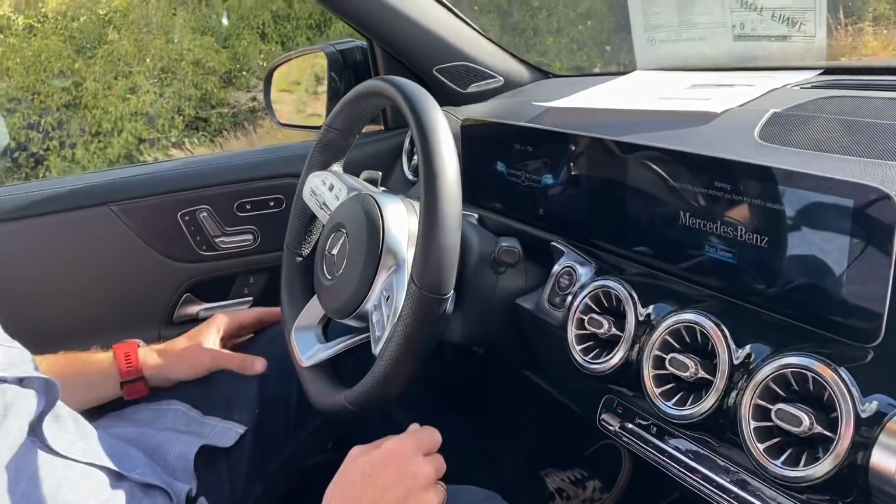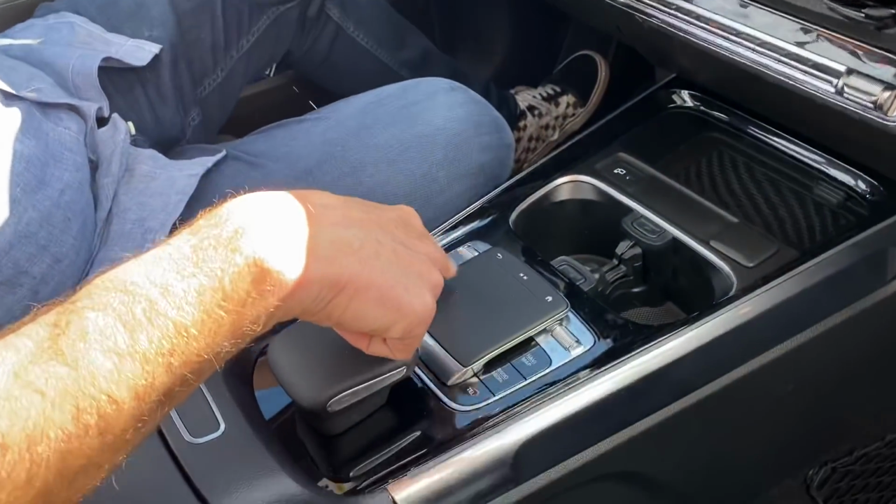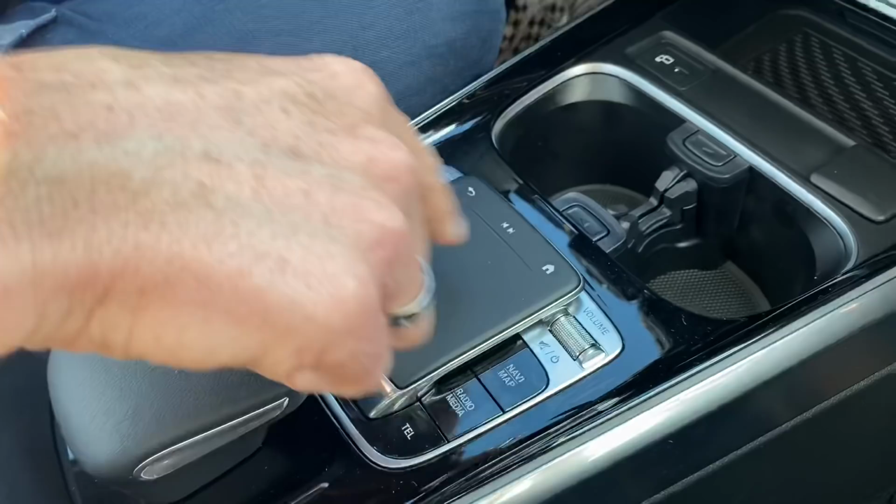First, this is a touchscreen. Secondly, you've got your little controls right here. Thirdly, you've got the touchpad right here, which is another way to do it. And then fourthly, and this is going to be interesting because I had a little problem with this, you can